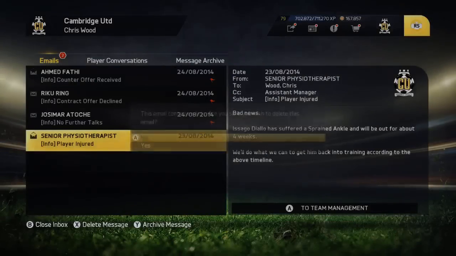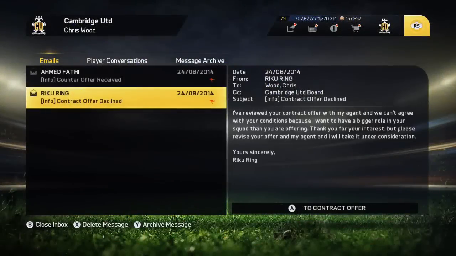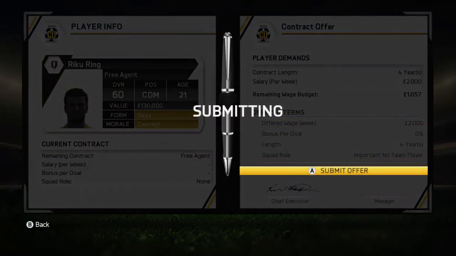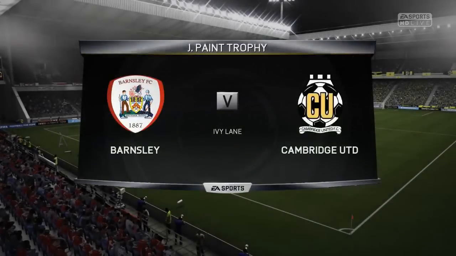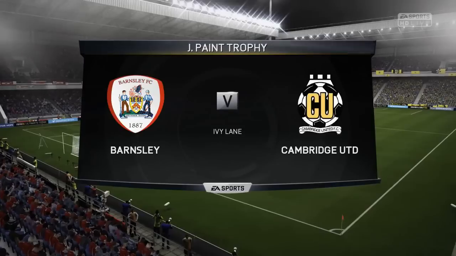Now, if you remember, we asked the board for some extra funds in the last episode. We asked for £300,000 extra so we could put it all into the wage budget. Unfortunately, they turned that request down, so we only have our £3,000 budget left, and I just have to bring in at least one player here. Riku Ring is going to be the player that we bring in to at least just add to the numbers for now, because Isago Diallo is going to be out for 4 weeks, and we head into the next game,